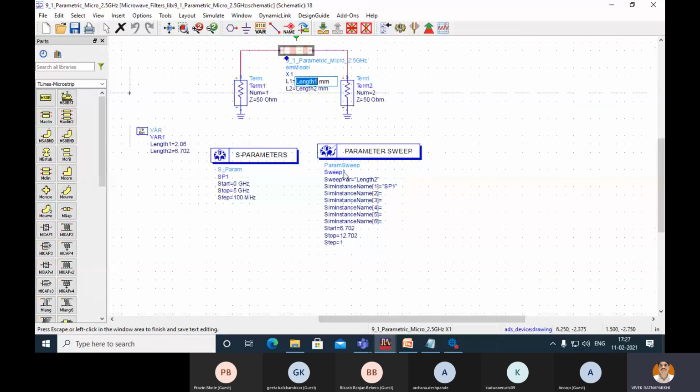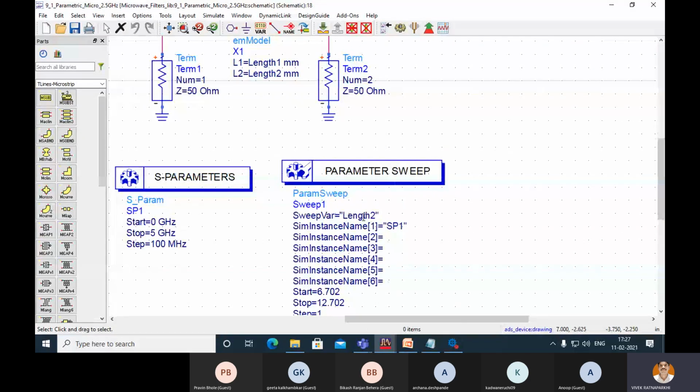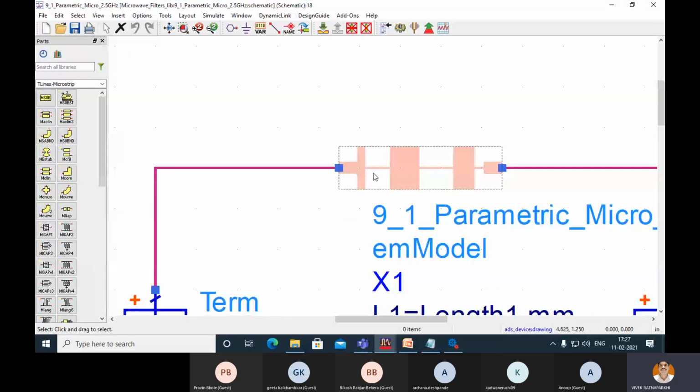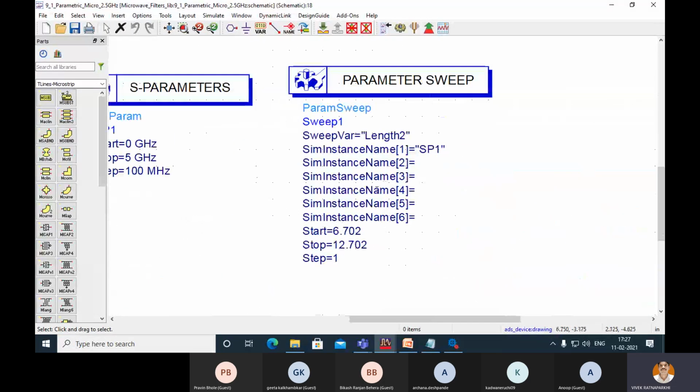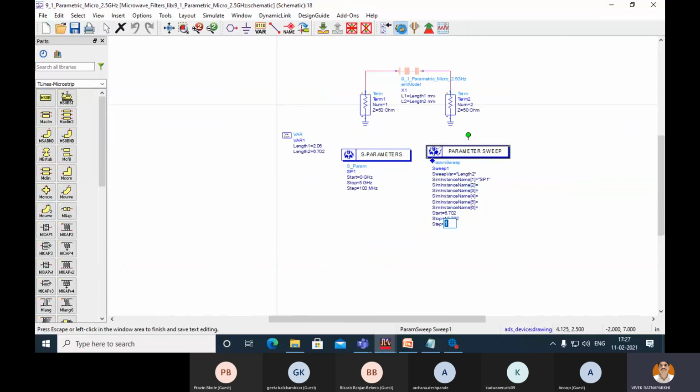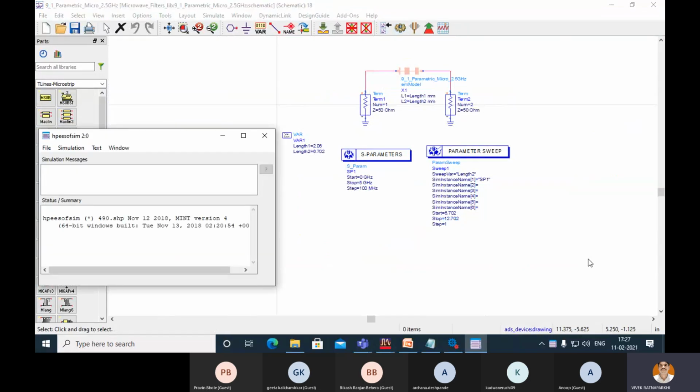Then sweep the parameter. Only one parameter I will sweep, which is length 2, the second transmission line. The length of this transmission line I will sweep from 6.70, which is the actual length, to 12.7 in steps of 1, and I will plot the results between 0 to 5 gigahertz. If I simulate this, you will find that